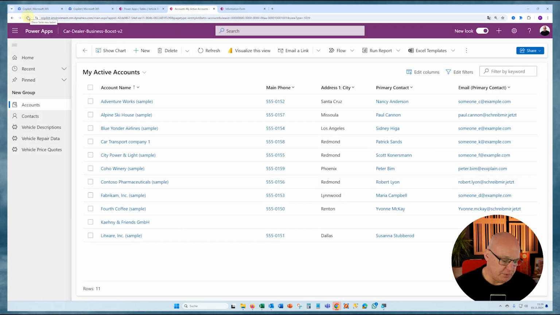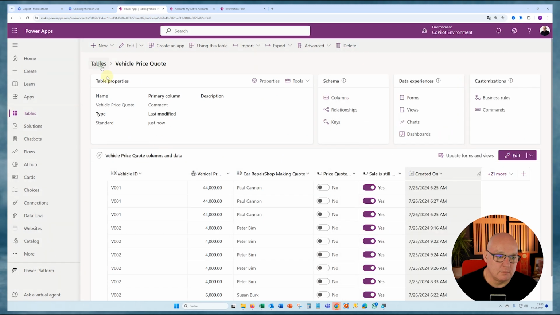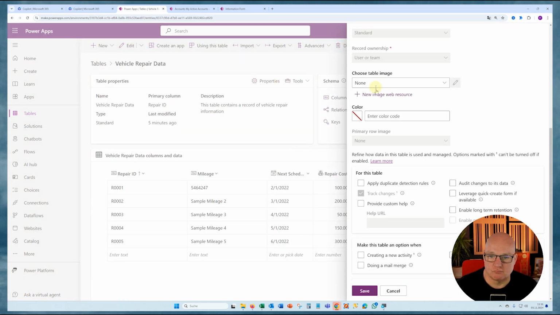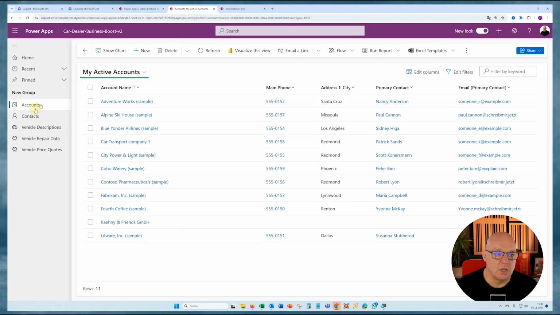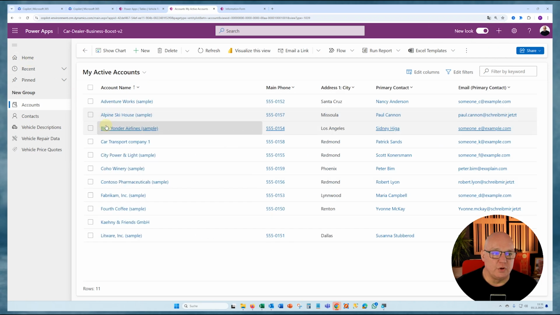I have to reload the page, of course. And then I see the vehicle icon for vehicle descriptions. I do the same for the other two tables without comment. If I reload the app again, I see I now have nice little icons here. So if I go back to my app and I go to the table vehicle description